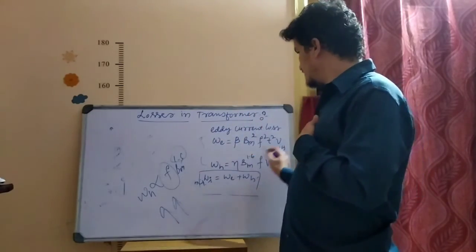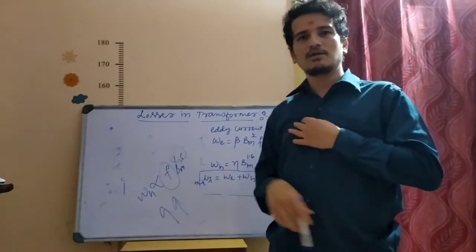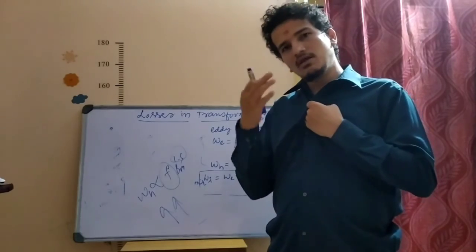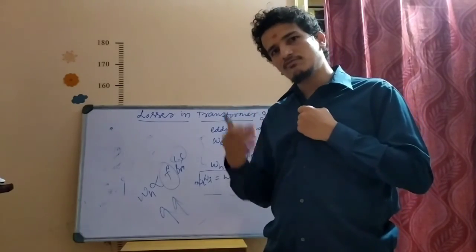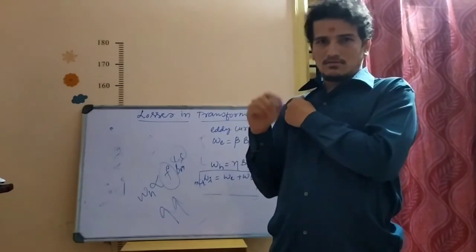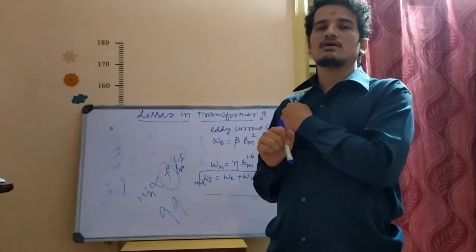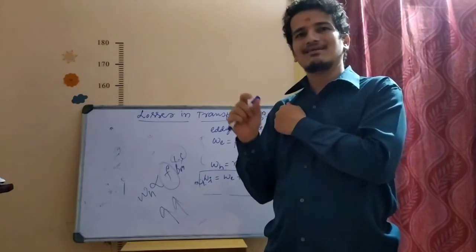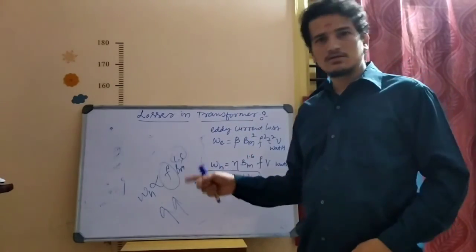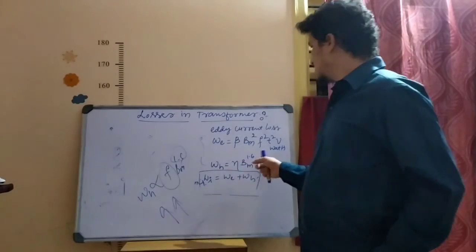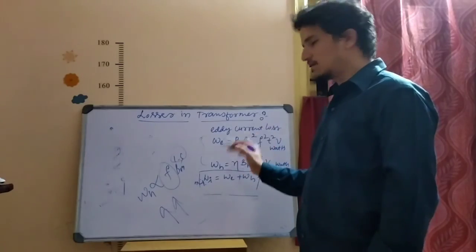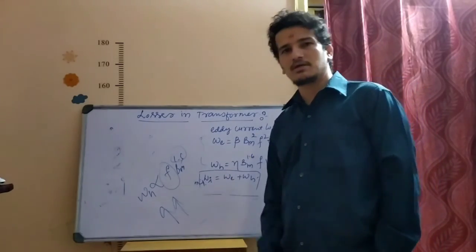After writing this formula, you explain all these things. Next, you explain about the hysteresis loss. What is hysteresis loss? When a magnetic material is subjected to a cycle of magnetization through the hysteresis loop, due to the hysteresis phenomenon, some losses will take place in the transformer. That loss is called hysteresis loss. It is given by this empirical formula WH, and it is directly proportional to the frequency and these things. You have to write the Steinmetz constant eta, which depends upon the quality of the material.